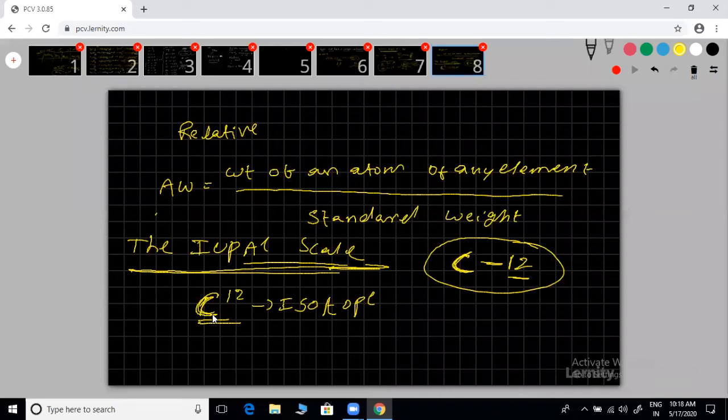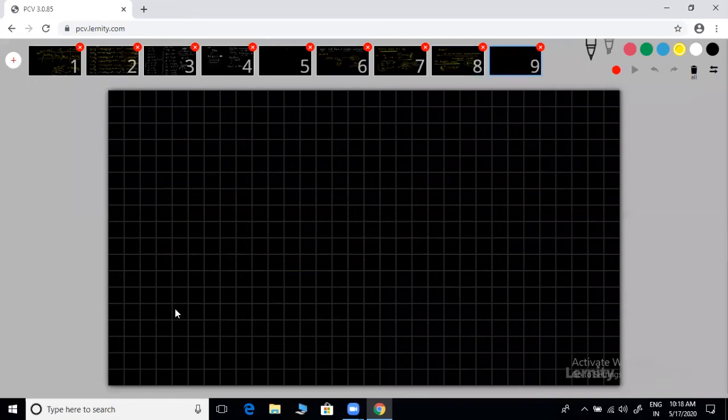With respect to it, wherever a standard is needed, I am going to substitute it here. What is the standard weight? The standard here is C12, according to IUPAC. Note down the next one. Atomic weight of an element is equal to the weight of one atom of an element